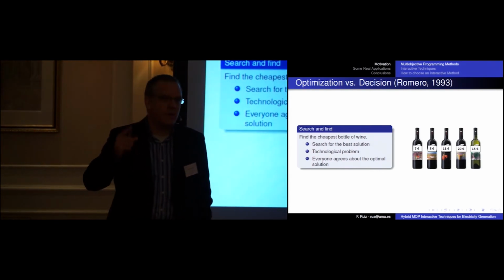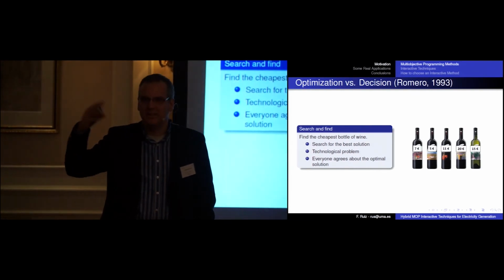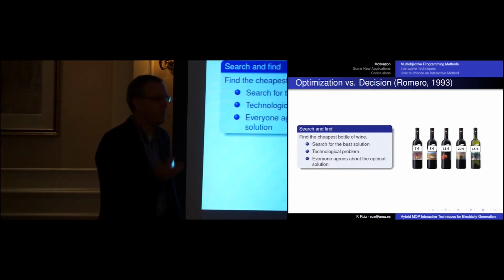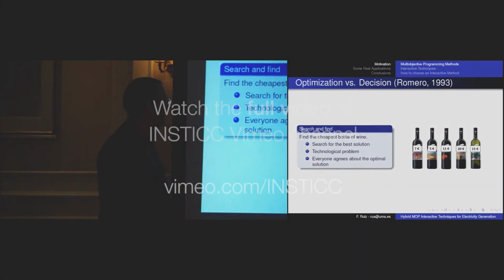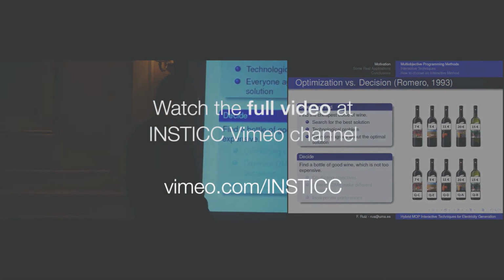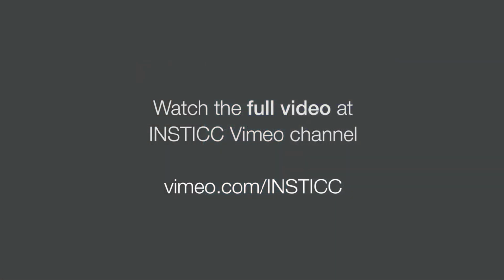And even if someone happens to find a bottle that was hiding in the shelf somewhere that is cheaper than that, we'll admit that we were wrong, and this is the real optimal solution. But a decision would be something like finding a good bottle of wine that is not too expensive. And this is a decision problem because we have conflicting objectives in the sense that usually the better the wine, the more expensive